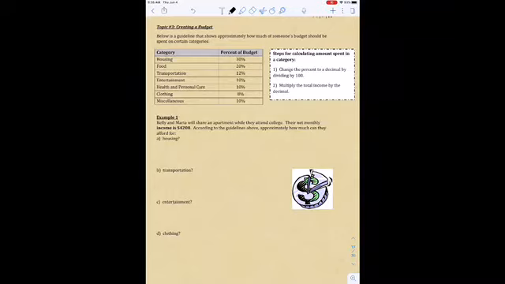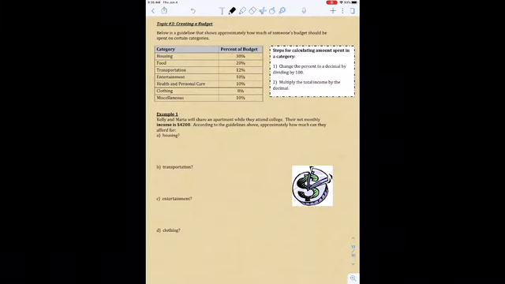Okay, so for topic number 3, we want to look at creating a budget. When we go to create a budget, it helps to have some guidelines as to how much we spend in each category. So in this particular recommendation, we are looking at 30% for housing, food 20%, transportation 12%, entertainment 10%, health and personal care 10%, clothing 8%, and miscellaneous 10%. And if we total all of those up, that would account for 100% of our budget,